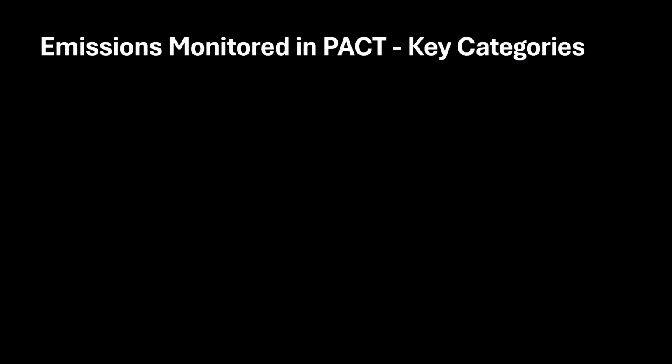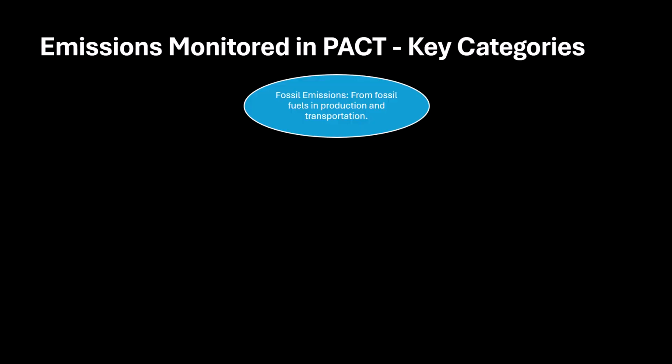First, we have the key category, which is fossil emissions, which are emissions resulting from the use of fossil fuels. These include emissions from the production process, such as energy used in factories, as well as emissions from transportation, like fuel burned by trucks or ships. Fossil emissions are often the largest contributor to a product's carbon footprint, making this category a critical focus for emissions